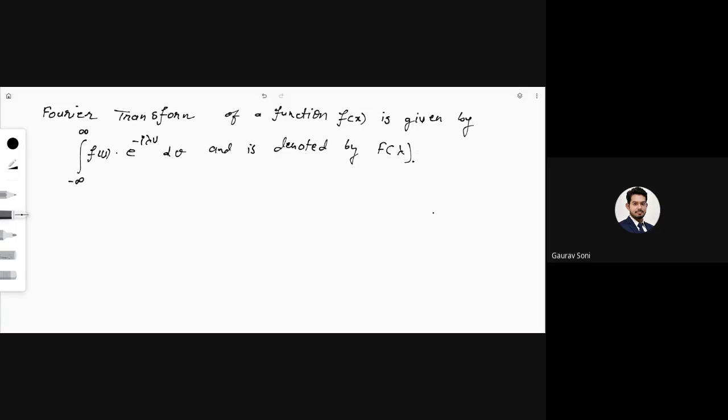I mean to say, if you give me a function f of x, I can always find out the Fourier transform of that function, capital F of lambda. And if you give me capital F of lambda, I should be able to find out the original function f of x whose Fourier transform is this. So the process is called inverse Fourier transform. So inverse Fourier transform